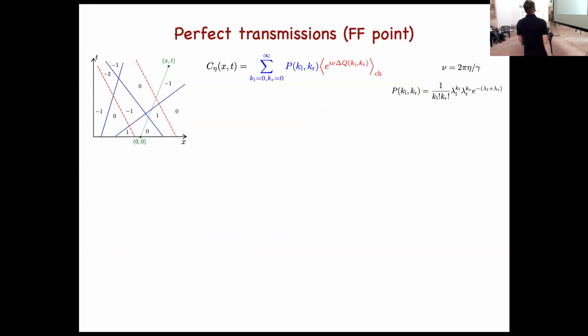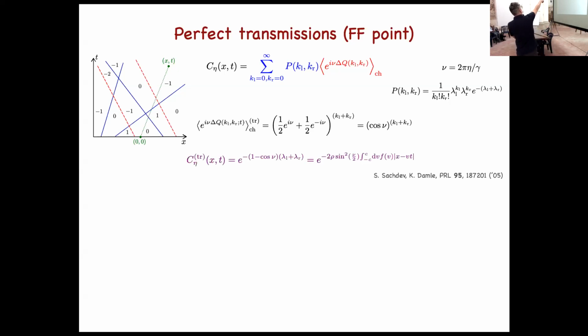So let's continue with the simplest case, free particles. As you can see in the plot, particles don't do anything when they meet; they just fly through each other essentially. And then I can compute easily this charge part of the average, because each particle is either a soliton or an anti-soliton with 1/2 probability. So I get either e to the i nu or e to the minus i nu. And they are independent, so I get a product. I get a power of this expression, which is just cosine nu to the power of the total number of crossing solitons. And then if you plug these two ingredients into that